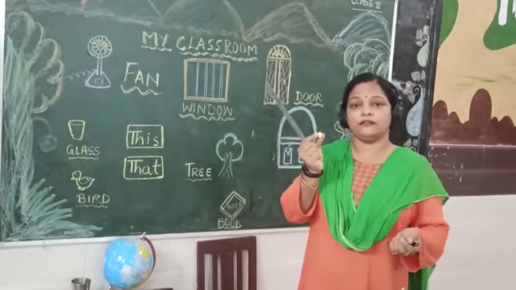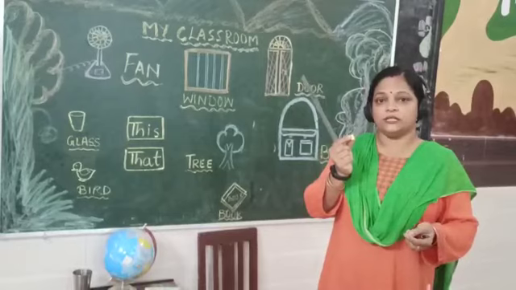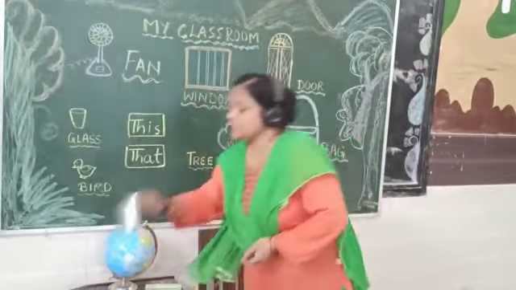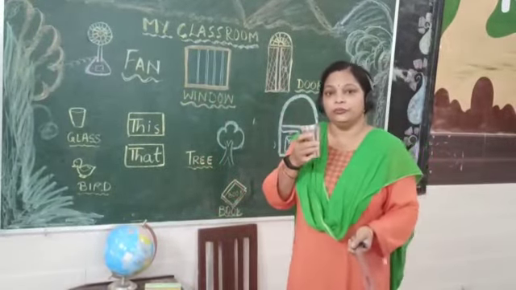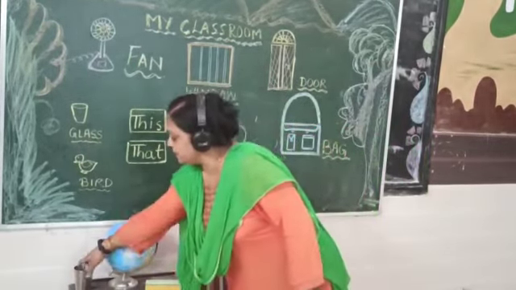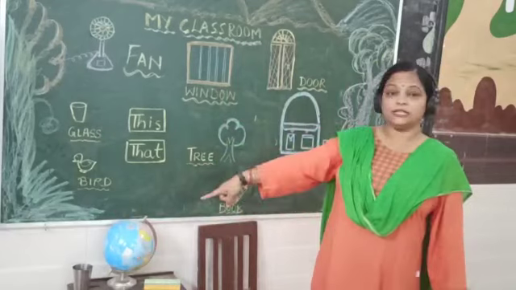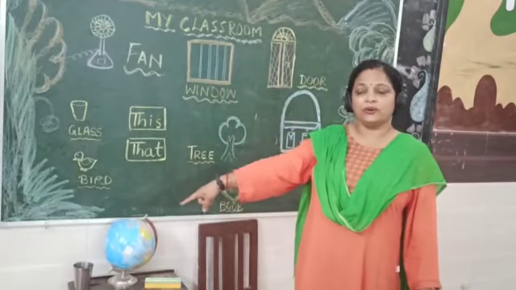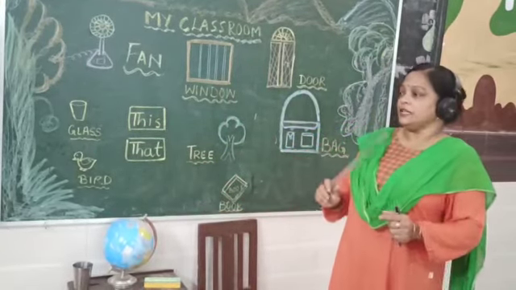This, we have chalk in our hand. Now in my hand you can see the chalk. This glass, this object is near to me. What is this? This is a glass. Now when we put it there on the table, then we can ask, what is that? That is a glass. So the difference is there.